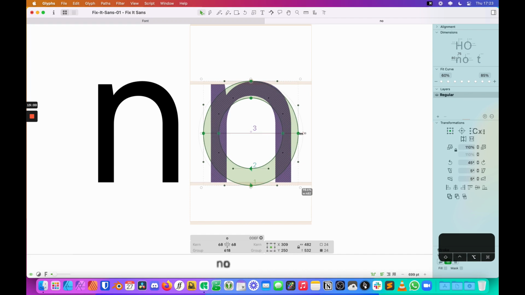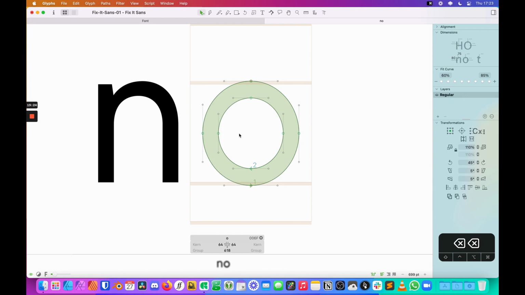But I might just have it where, in this case, just as a starting point, the left edge of the N here is running about halfway between these 2 points, similar to what we did with the curve here on the lowercase n. Of course I know I have a snap setting somewhere that's messing with me. But I'm going to use that as a starting point for the overall shape of the O.